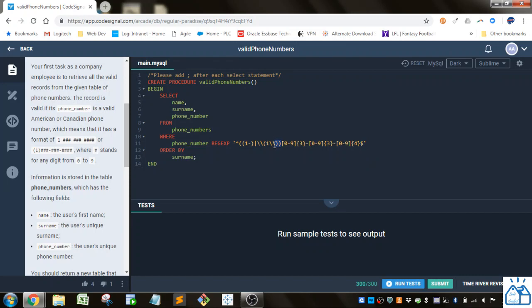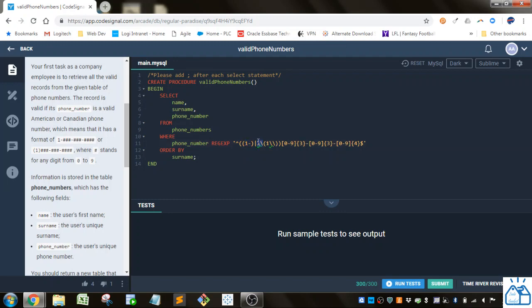Alright, so let's get into this section right here. This section is all enclosed by parentheses. You see there are 2 statements separated by this pipe character, which is an OR. So it's either this or this. Either we want 1 dash, and the parentheses just group what we want,